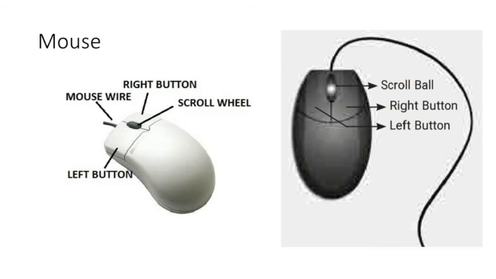Mouse is an essential part of the computer. Mouse has two buttons and a scroll ball in the middle. The mouse is used to move the pointer on a computer screen. Right button is used to select files to open the folder. Left button is used to carry out corrections in the file. The page on the monitor can be moved up and down using the scroll ball.